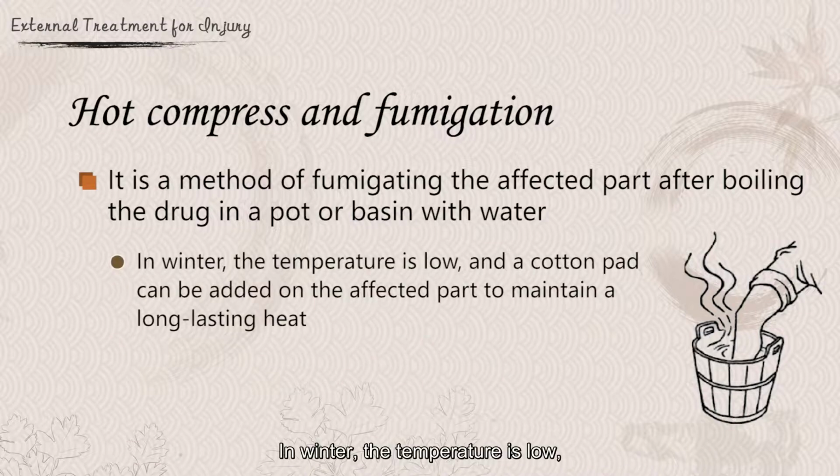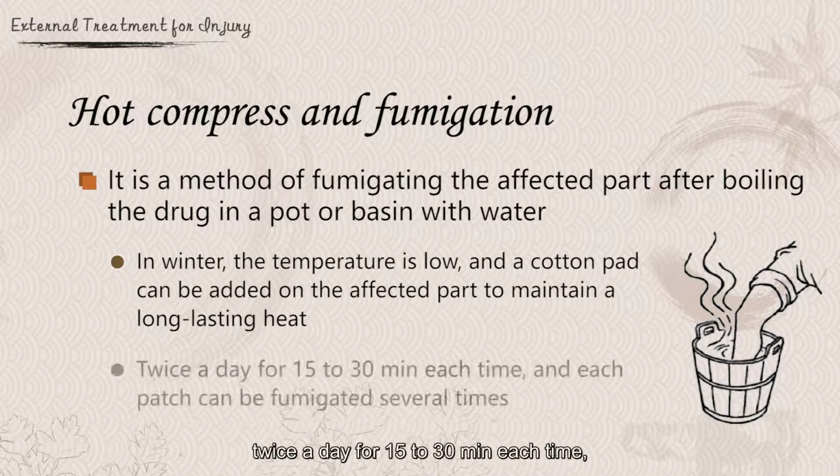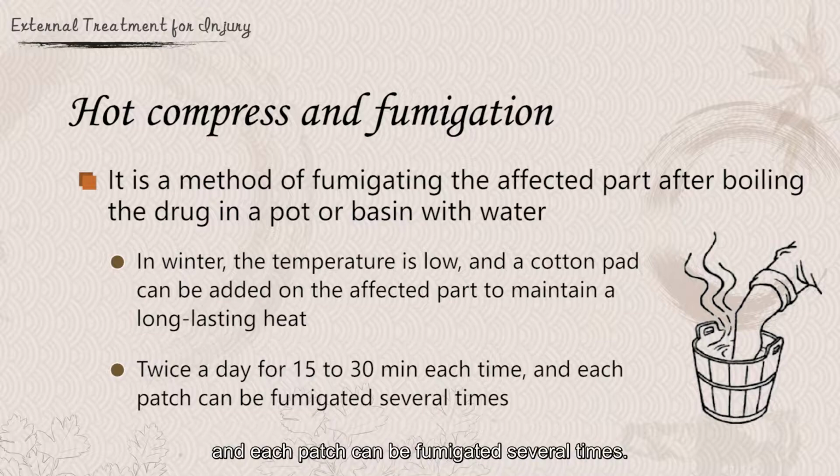In winter, the temperature is low, and a cotton pad can be added on the affected part to maintain a long-lasting heat, twice a day for 15 to 30 minutes each time, and each dose can be